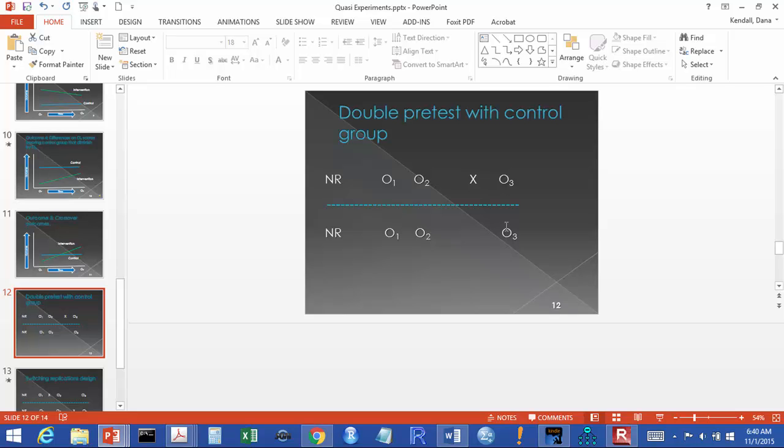And then what we're doing is we're introducing an intervention, obviously in this group. And so repeated measures design,